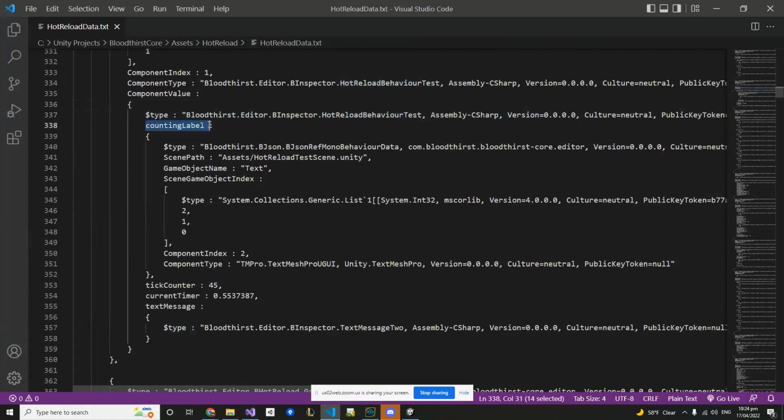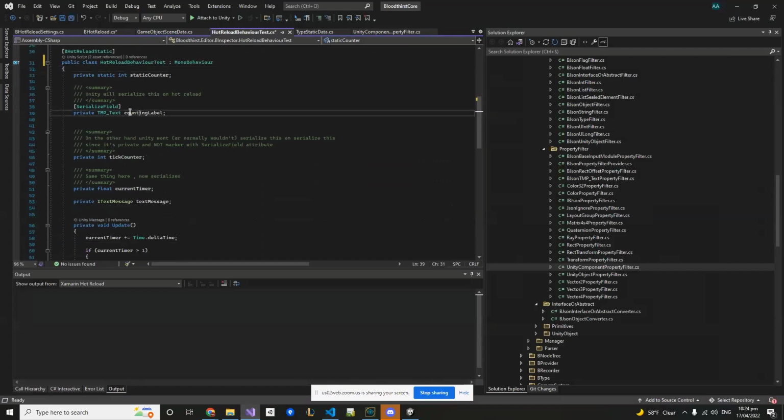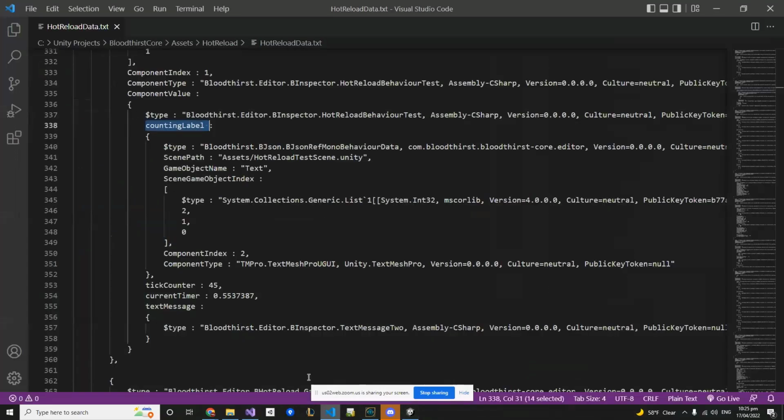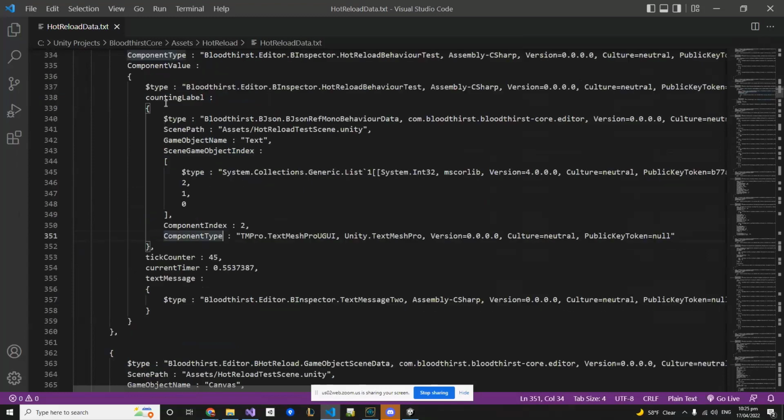So as you can see here, I have count label, which is a counting label. Let me go back here quickly. Yeah, it's the UI thing. So it also serializes the Unity stuff, by the way. Okay. So yeah, the name, how we find it in the scene, etc. For this one, we don't really serialize anything because by choice, Unity takes care of the default Unity components. They actually keep their data. So I didn't want to